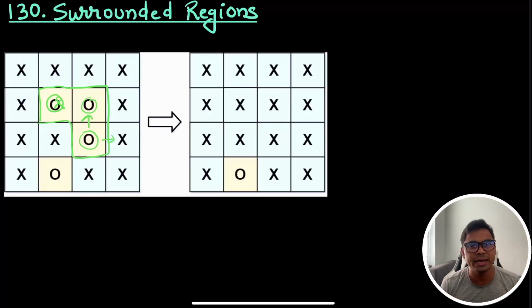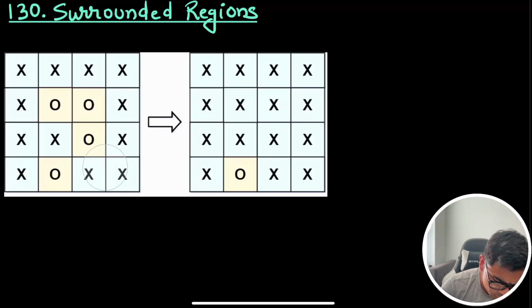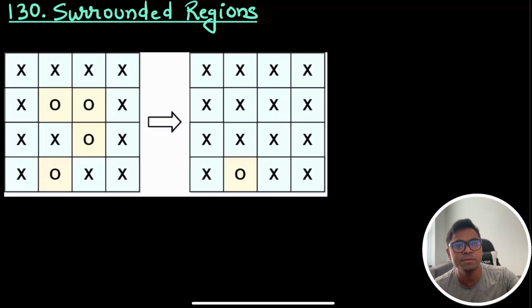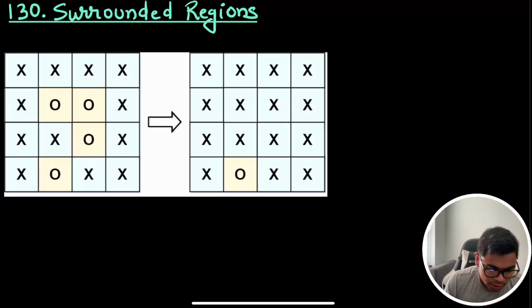And I think it's super complicated. There is a much easier solution. Everyone talks about how crazy a solution they've just found, but it's super simple. While I was going through this problem, I haven't solved it earlier, but when I was reading it again and again and thinking about how I should approach it, it just came to my mind: instead of trying to find these regions of O's and then seeing if they can be captured, what about this? I know for sure that all the O's present on the border